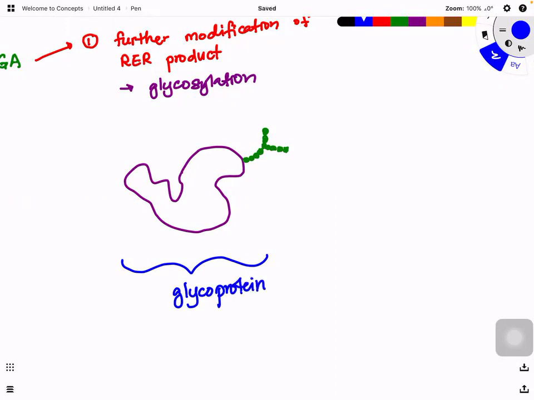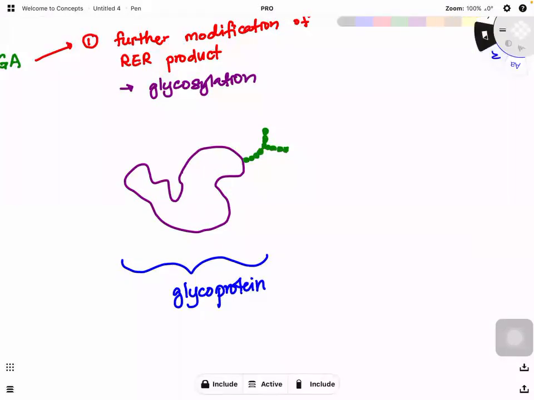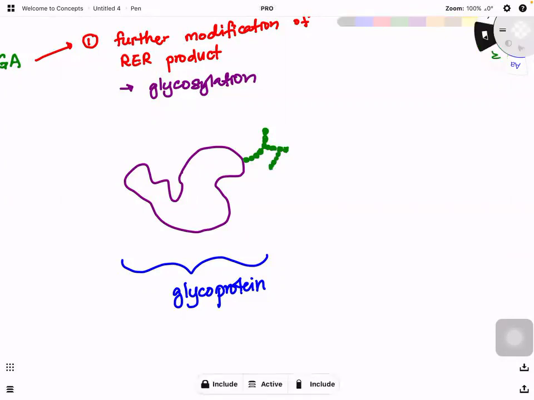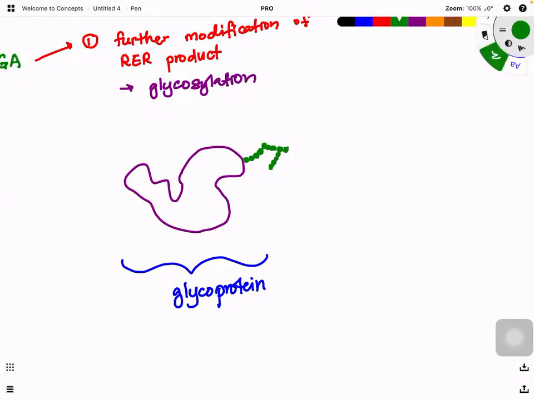So the first process, further modification, means that in the Golgi apparatus, we need to add more. We add more sugar here. We can complete the addition, and we can remove this part. So enzymes are going to help us remove it and then maybe transfer it to here. It's going to make our protein more varied now, a greater variety of glycoproteins. From the initial form, we then have the further modifications, or further glycosylation, making them into different forms